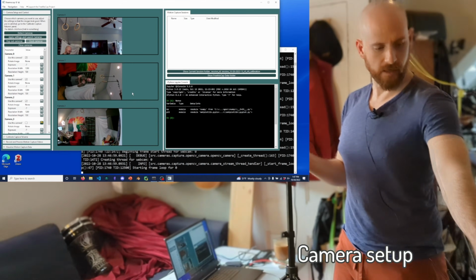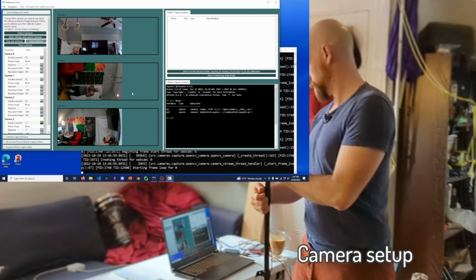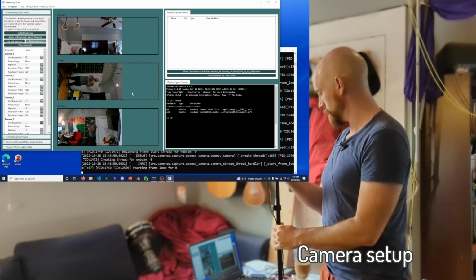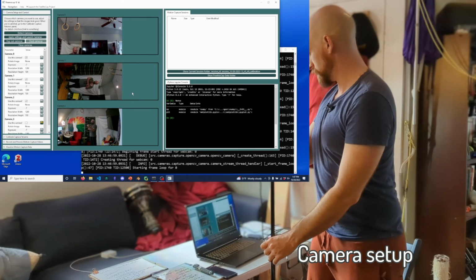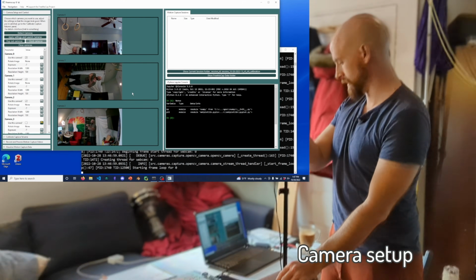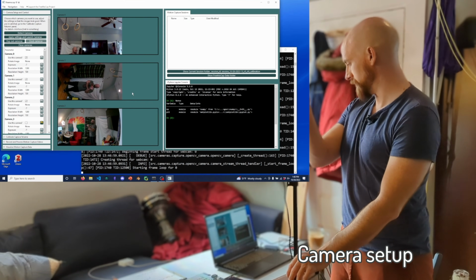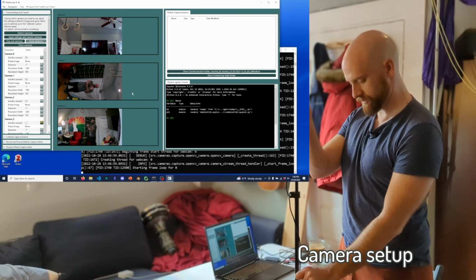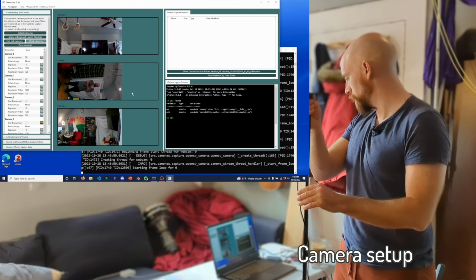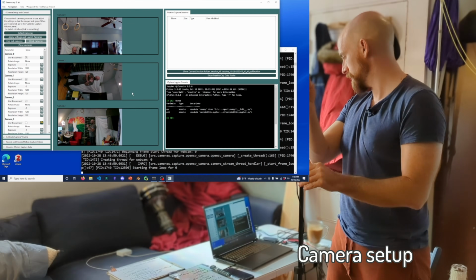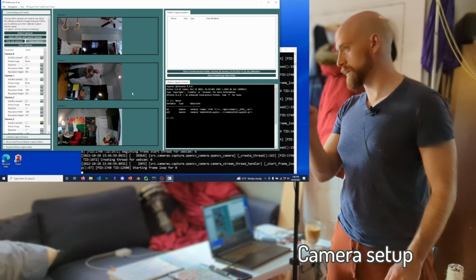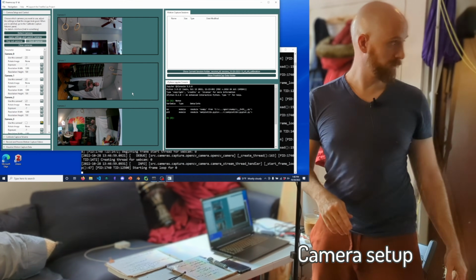Yeah, go stand right there. Because again, we really want him to be taking up as much of the space as we can get. We want to use the pixels of the cameras efficiently, which means that we don't want to waste them with background and stuff like that. Okay, there you go, you're okay. So actually in retrospect, that space would have been probably fine.